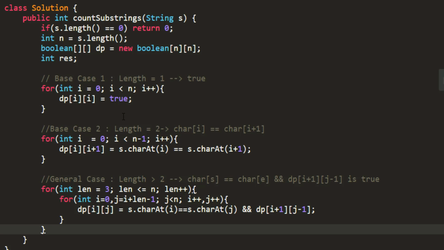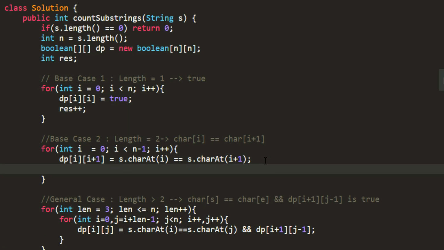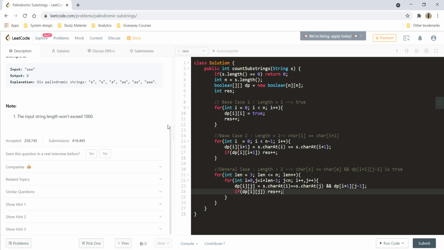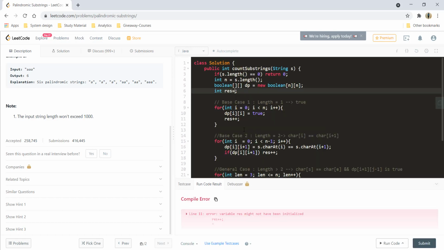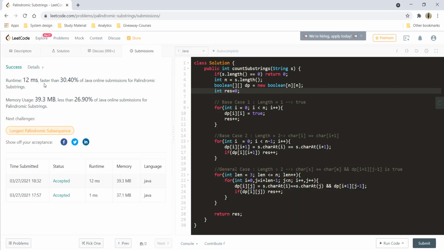So that's it. Now over here I haven't increased the count. So the count would be increased over here and it would be increased over here if my this dp is set to true. And similarly over here if my this dp is set to true. So that's the dp way. Finally return the result or the count. Let's run this code and we need to initialize it, and it's giving a perfect result. Let's submit this, and it got submitted.